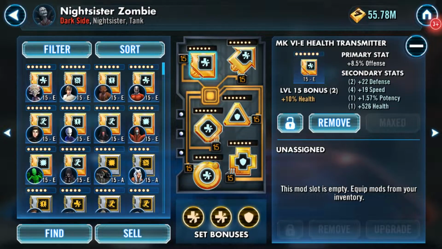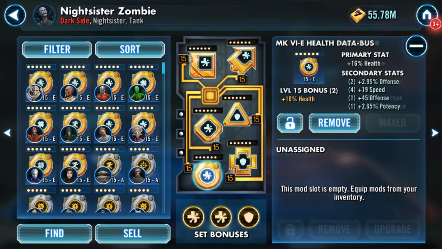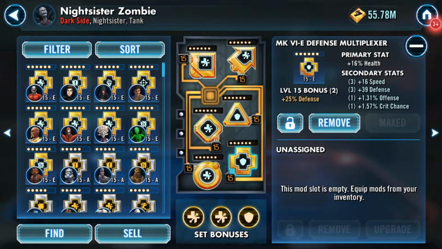We're mainly just looking at speed. A little bit of health's nice. If we look at the diamond, we've got speed again, a bit of protection. Not important, but nice to have. Remember what I said about Talzin, we want primary health always. We've got 19 speed, that's all that matters. Same with the cross, we're looking at health across the board with Nightsister Zombie. There's nothing else. If you can get a bit of secondary health as well,